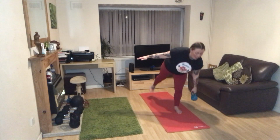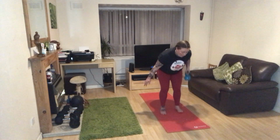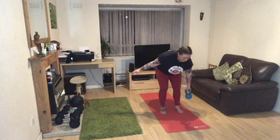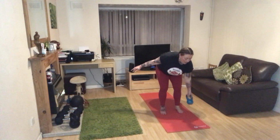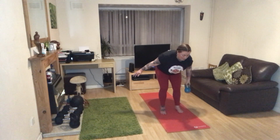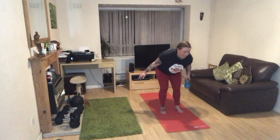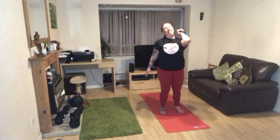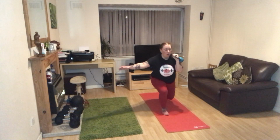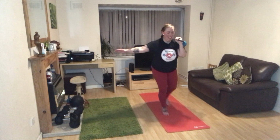9, last one, 10. Straight into a single arm row. 1, 2, 3, 4, 5, 6, 7, 8, 9, 10. Clean that up into your rack position, and we're going back with the left leg. Ready? 1, 2, we're nearly there. 3,